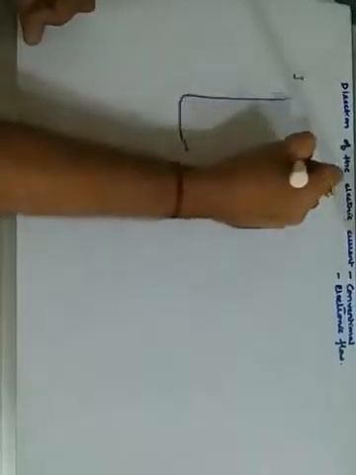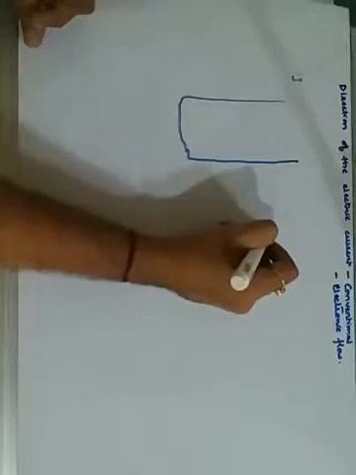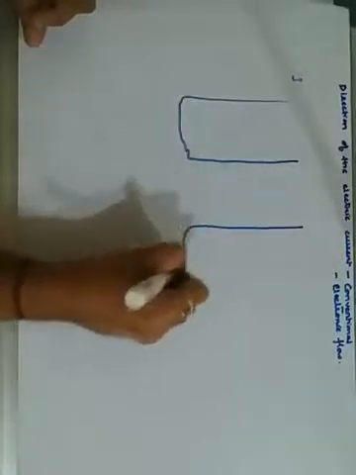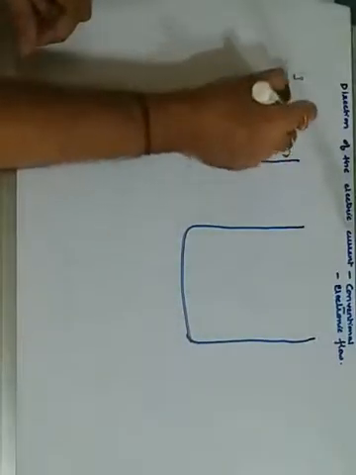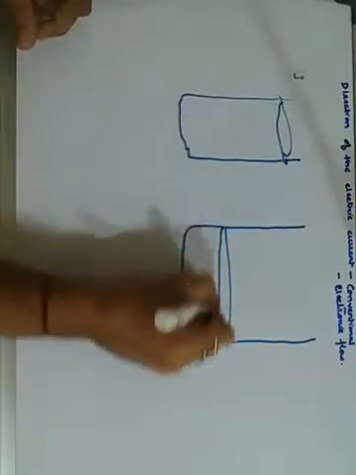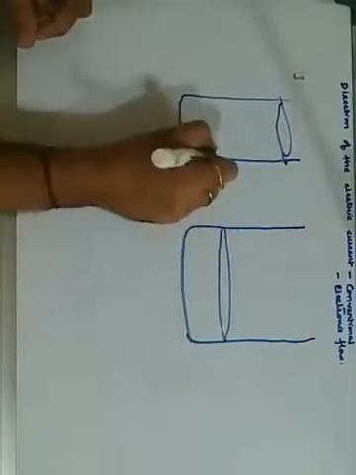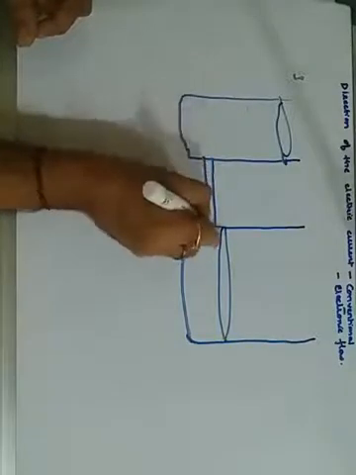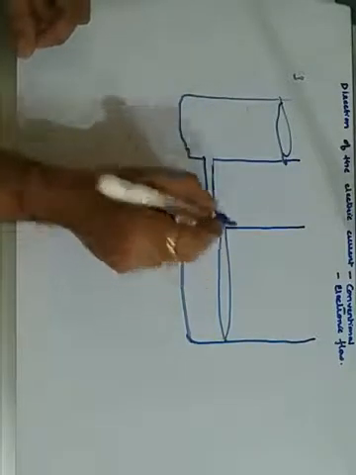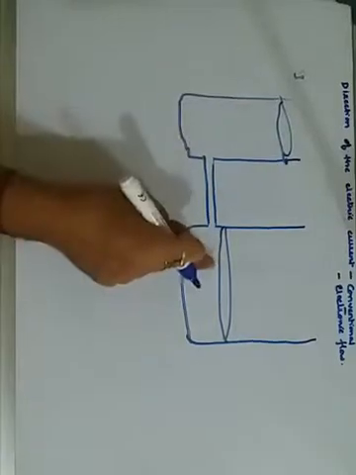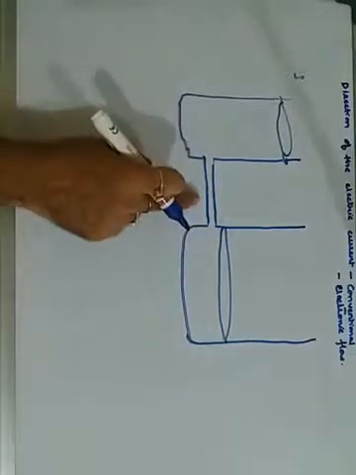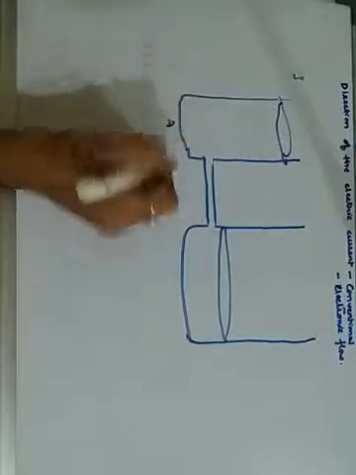Okay. There is another thing. Suppose I take two containers, and you can see the shape of the two. One is much wider and one is smaller. Here it is filled up to this height of water and here it is filled up to this height of water. They are connected by a pipe which is open. So what will happen is, we are not looking at the shape. If two vessels containing water up to different levels, higher level and lower level, are joined together, then water will start flowing from vessel A and it will move into vessel B.